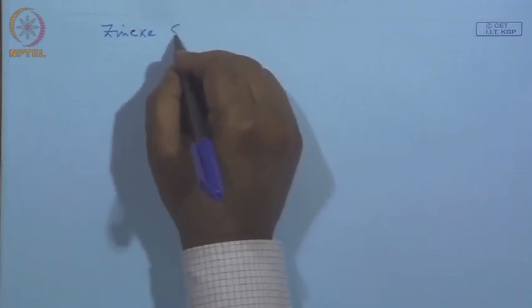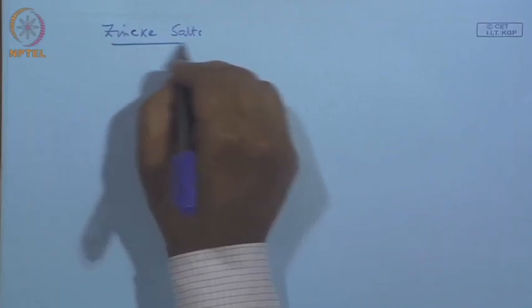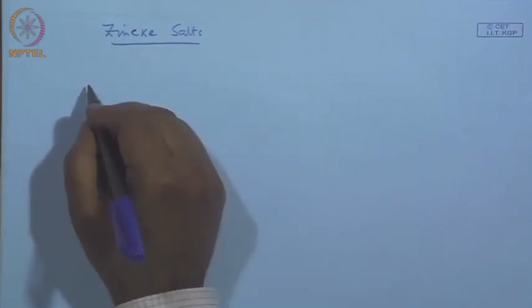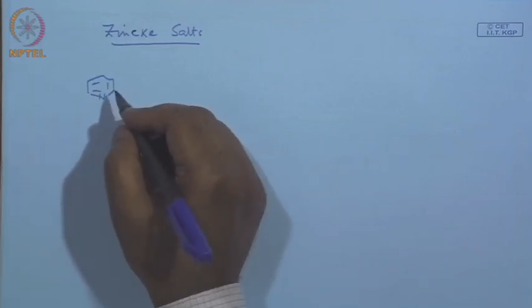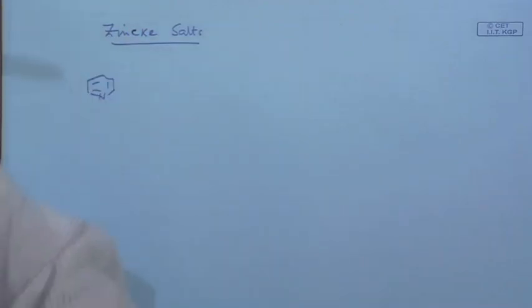Zinc is actually the name of a scientist, zinc salts. What is it? Okay, fine. Maybe we will talk about this in the next class. We start from zinc salt and this. We will continue with this topic